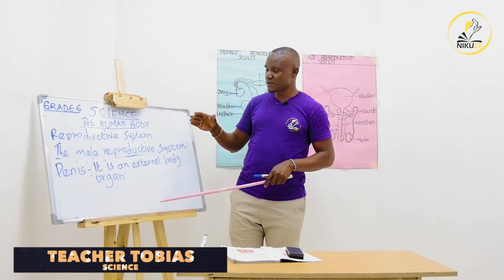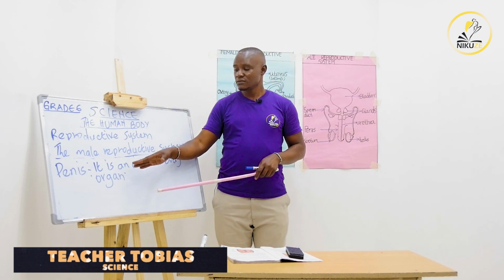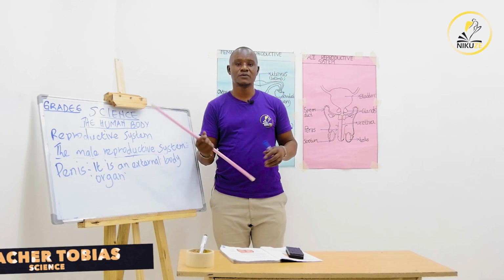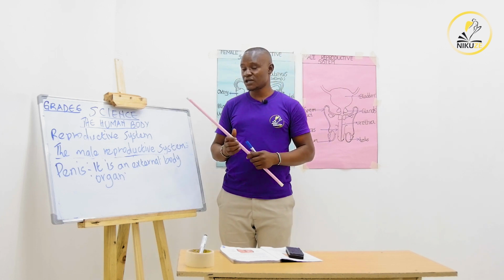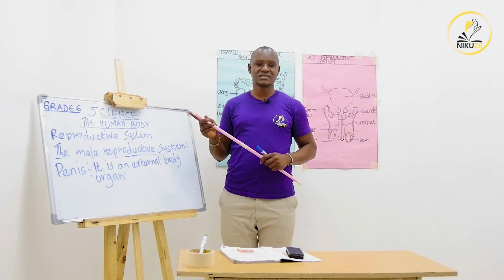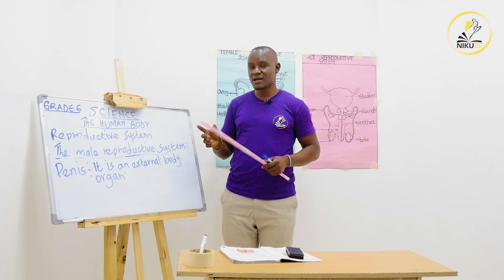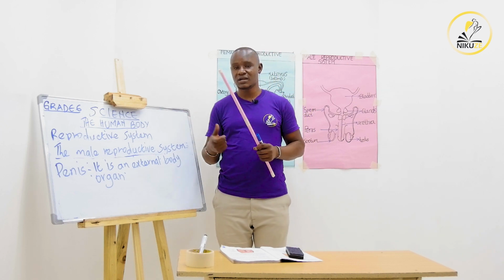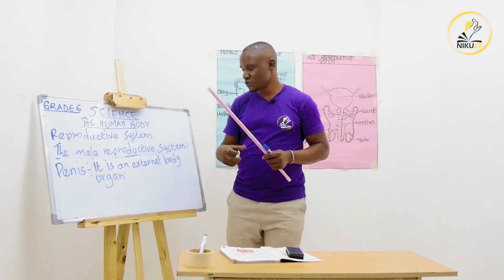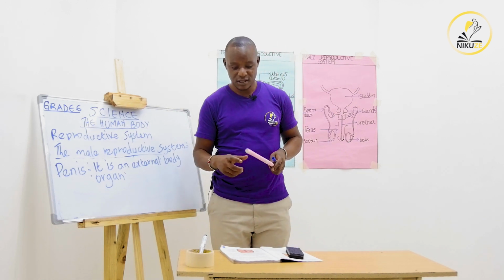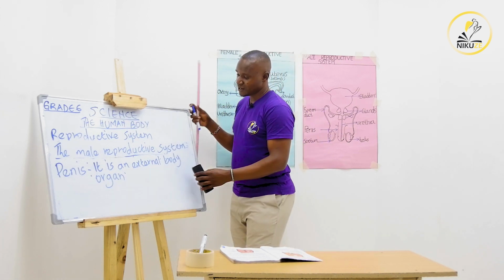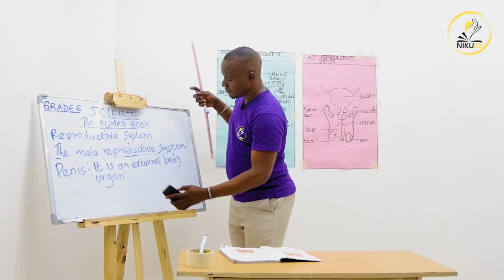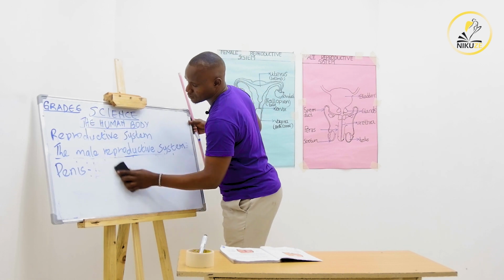So once the sperms have been introduced into the vagina, we call it fusion has taken place. Now the sperms will have to meet the ova, after which we'll say fertilization has taken place. Now once they come into contact, that will lead to what is called a person becoming pregnant. Now that one we'll discuss in detail in grade 8. But at this point, apart from it being an external body organ, we also say